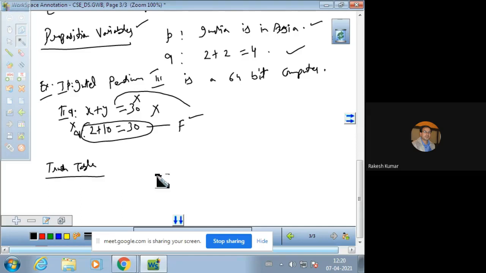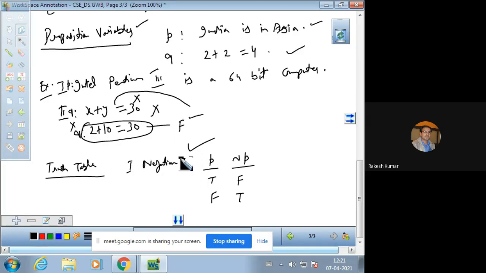Truth table है. The truth values of a preposition depend upon the truth values of its variables. In a truth table, either the values will be true or the values will be false. I start with the negative, or negation. If P has values true and false, then the negative of P has values: true will become false and false will become true. This is the first prepositional statement, which is a negation.